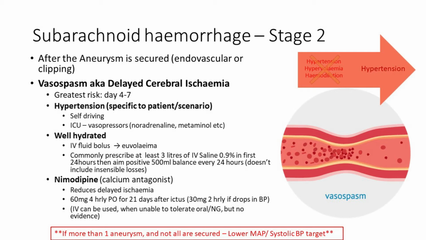I suppose the other thing that we often start with these patients is we start IV fluids and nimodipine. Yeah, so IV fluids is key. So again, top them up with saline or Hartmann's. At least probably give them 3 litres over the first day. We've moved away from Triple H therapy, so we tend to aim for